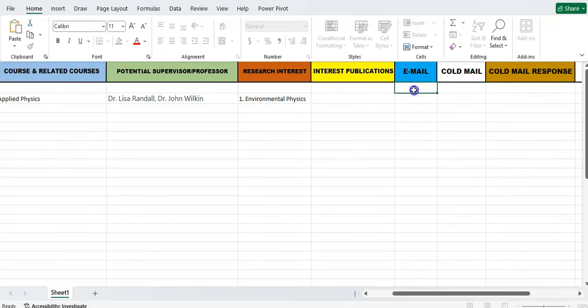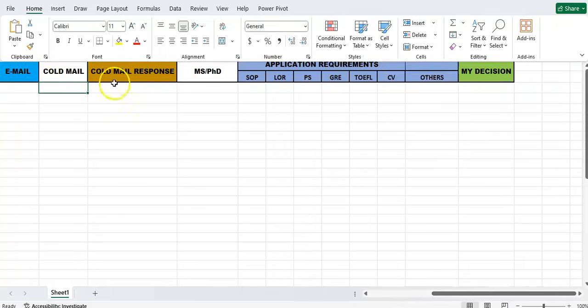Of course, you're going to get the email of the professors, and send them a cold mail. You tick if you have sent them a cold mail, and the response to their cold mail, and of course, the application requirement. And somewhere here you will list your decision. Now,